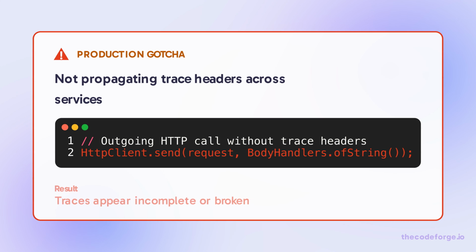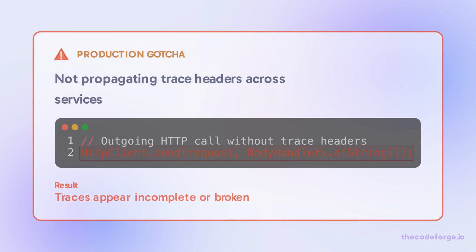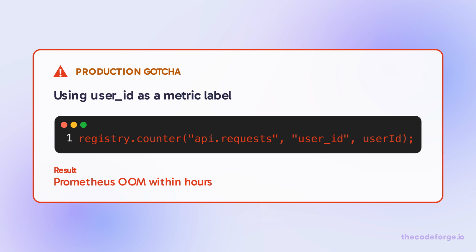If you don't propagate W3C trace context headers on every outbound call, traces will be broken across services. This makes it impossible to correlate a slow span with the downstream service that caused it. Never include unique per request values like user IDs as metric labels. Each unique value creates a new time series, and with millions of users, this will consume all memory and crash